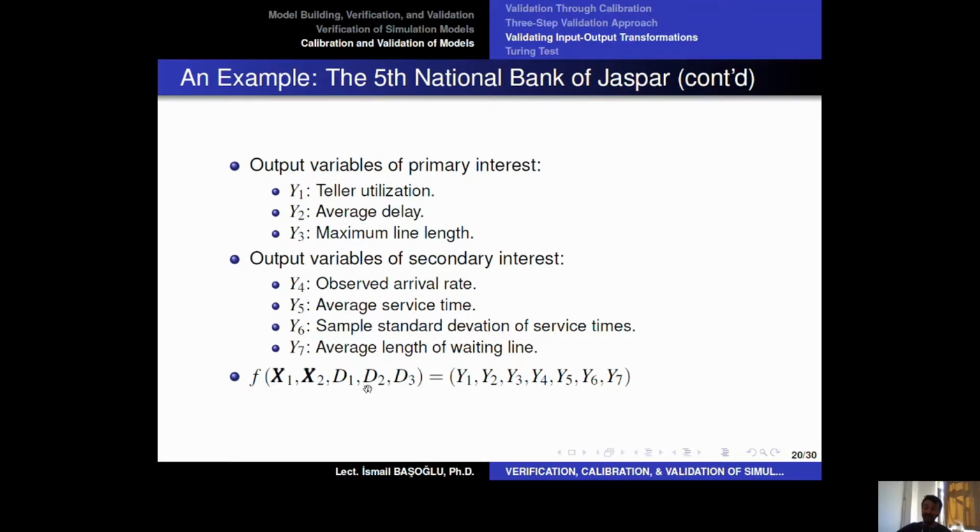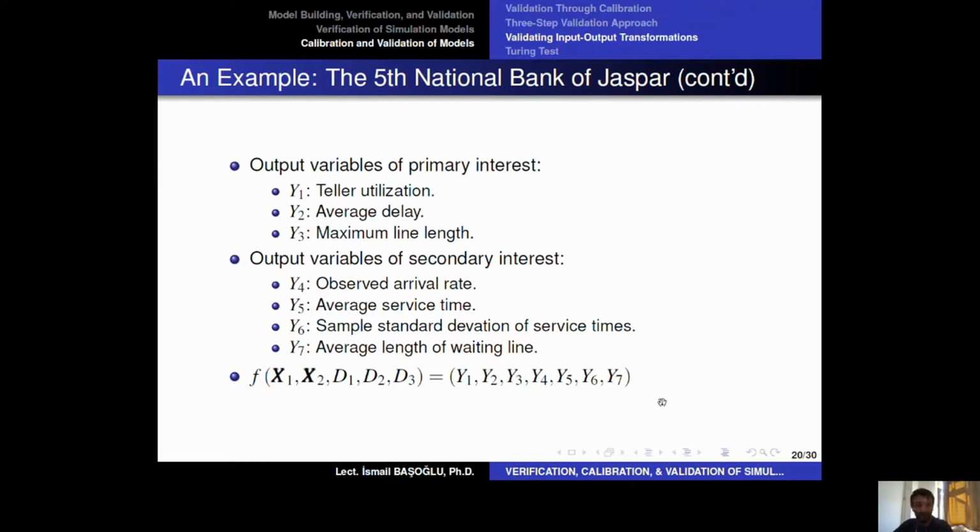So you see, I'm not writing d1, d2, and d3 in bold because these are not vectors, but x1 and x2 are vectors. Now we have F, the input-output transformation that converts our uncontrollable input variables and the decision variables D1, D2, D3 into the output variables, which are Y1 to Y7. So our input-output transformation, or simulation function, converts a matrix here and 3 different decision variables here into a vector